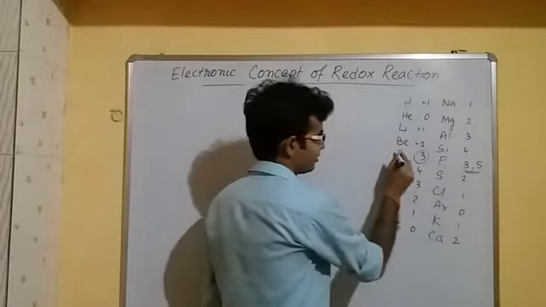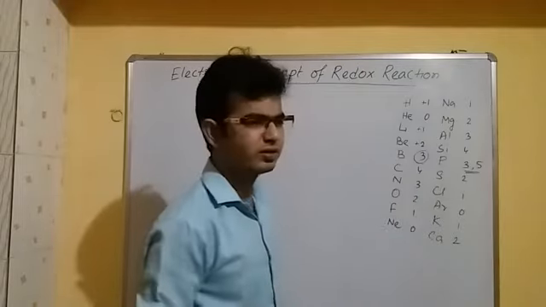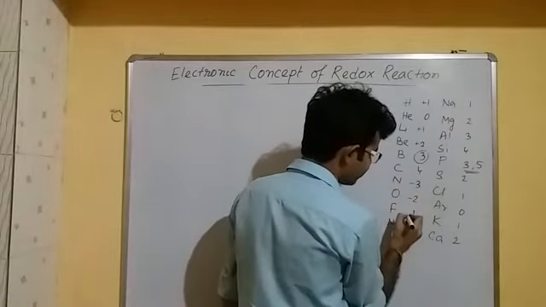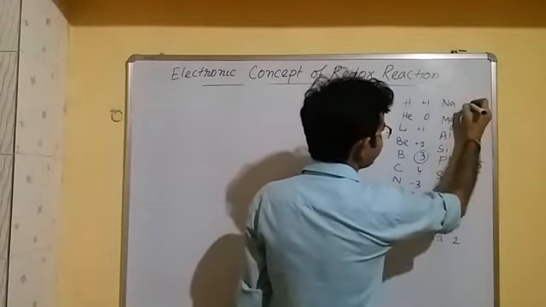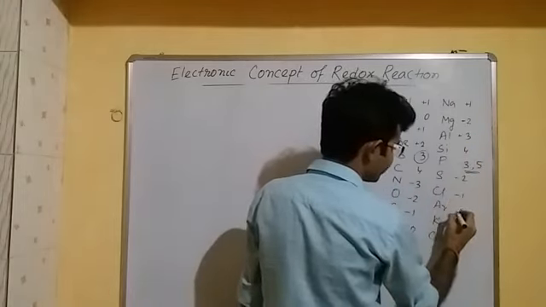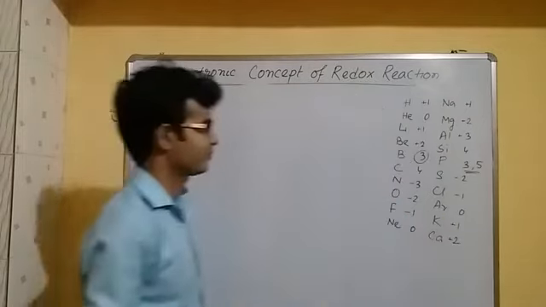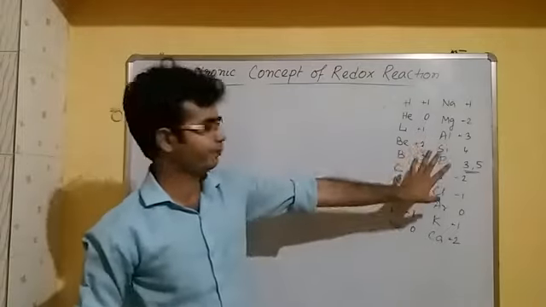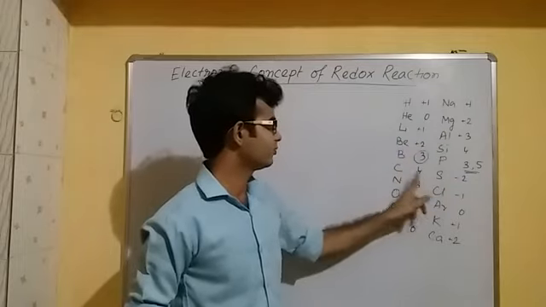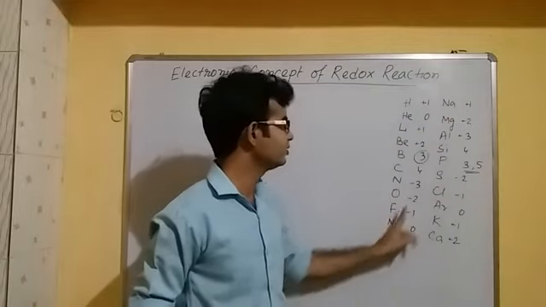But it is quite different. Usually it shares electrons and forms covalent bonds. So leave this, not so important for now. Nitrogen minus, oxygen minus, fluorine minus, sodium plus, magnesium plus, aluminium plus, silicon leave it, sulfur minus, chlorine minus, argon 0, potassium plus, calcium plus. So you have to remember this only. Hydrogen +1, lithium +1, beryllium +2, carbon 4, leave this 2, nitrogen -3, oxygen -2, fluorine -1, sodium